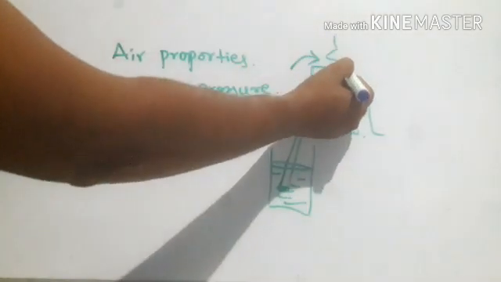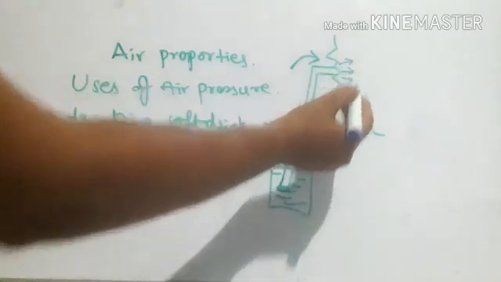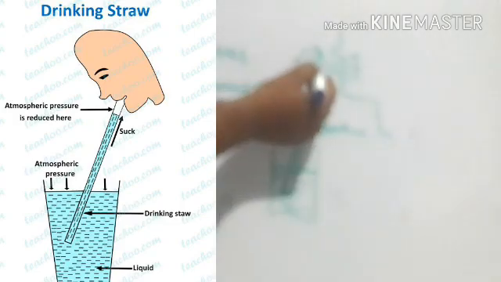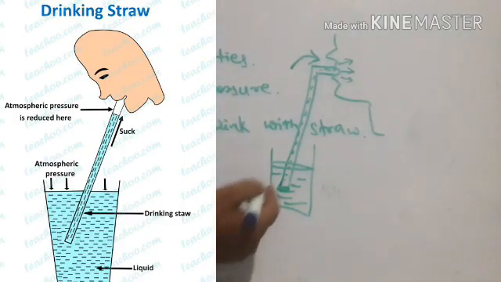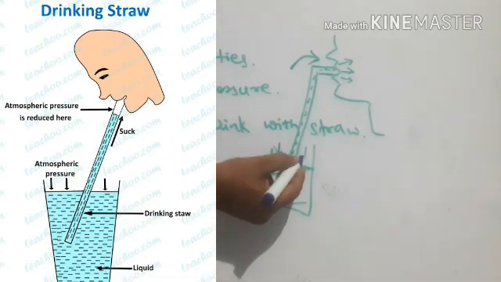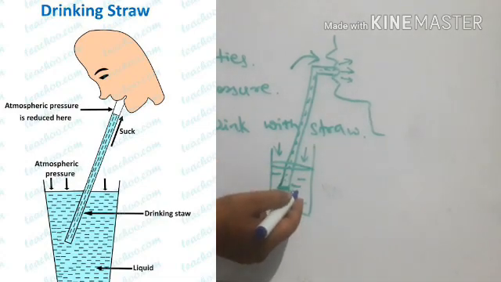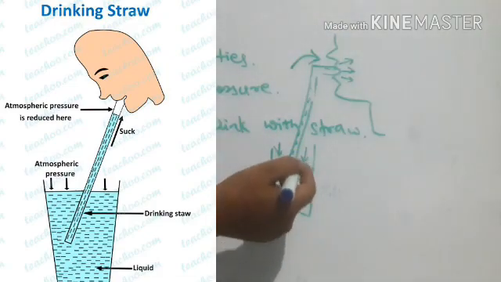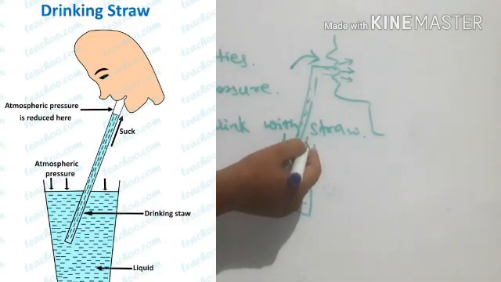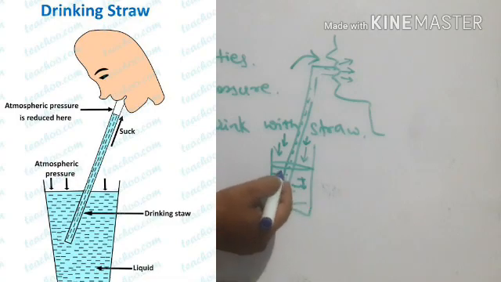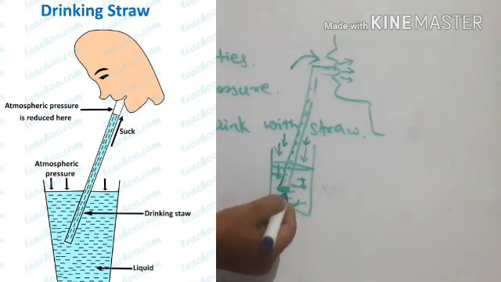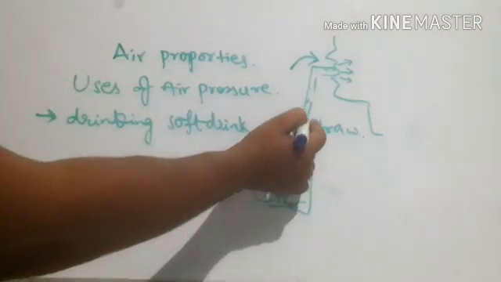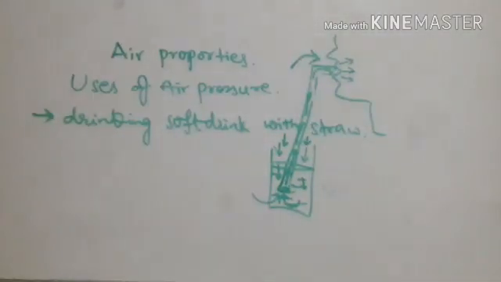So when you are sucking, you apply a pulling force on this, right. Then what happens? The air present in the straw decreases. The air pressure present in the straw decreases, so the air pressure from outside pushes the water. Why? Because very little air is there inside the straw. When there is less air here, the high pressured air exerts pressure on the water, so that water enters into the straw, meaning liquid enters into the straw, and you get the juice into your mouth, right.